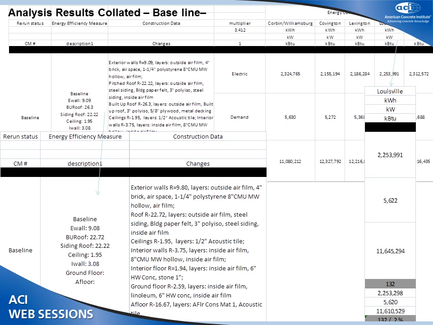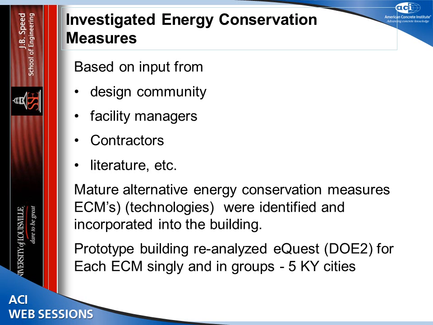In that run, we got the annual energy use, both electrical energy and heating gas energy, converted that to an overall energy use per year, and then converted that to an energy use index, in this case 132 for the base building, and compared that to DOE averages. It was a little bit on the high side, but we were fairly comfortable with that. And it's consistent with some data.